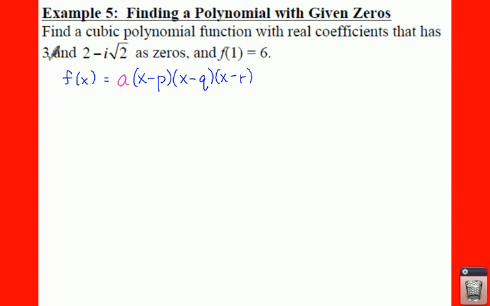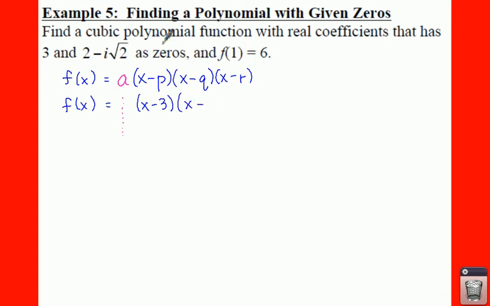And p is going to be 3, q is going to be 2 minus i radical 2, r, well, we're missing one. Well, if 2 minus i radical 2 is a 0, that also means that 2 plus i radical 2 is going to be a 0. So when we write our answer, f of x is equal, and I'm going to put dots down here as we go down for a. Then we're going to have x minus 3,